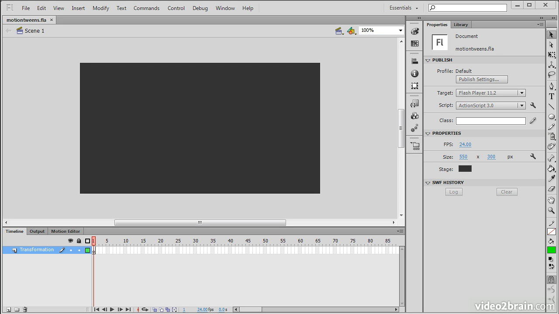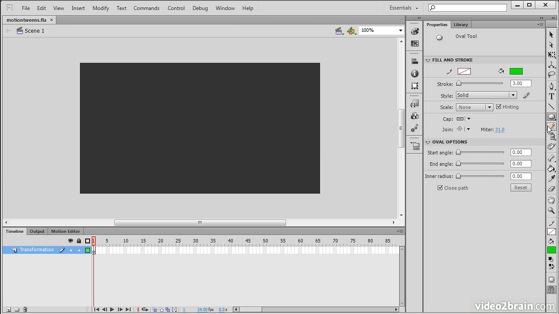Motion tweens are the most robust method of animating objects within Flash Professional. This lesson will have a look at how to create and manage this type of tween within the timeline. So here I have a blank document, and what we're going to do is create a movie clip symbol, and